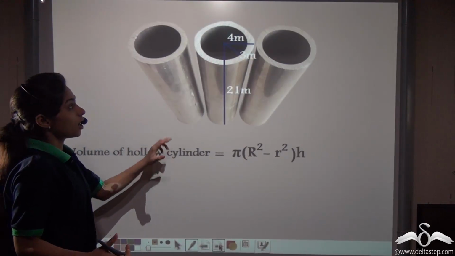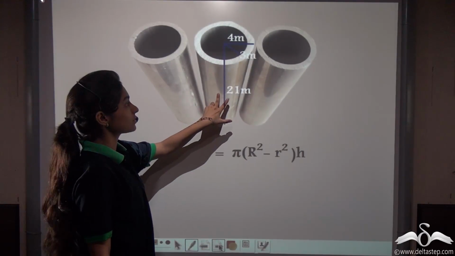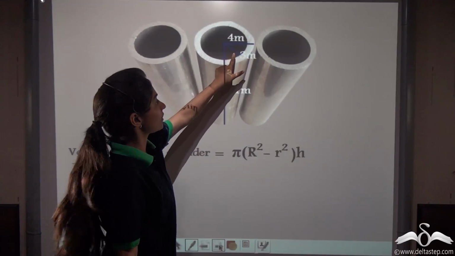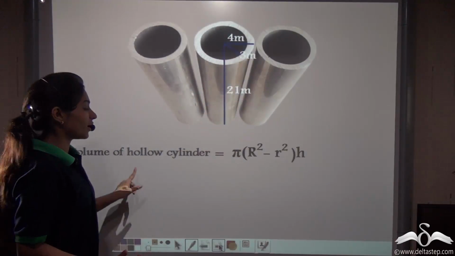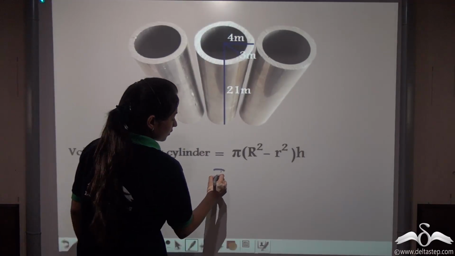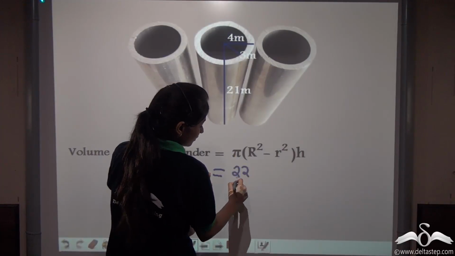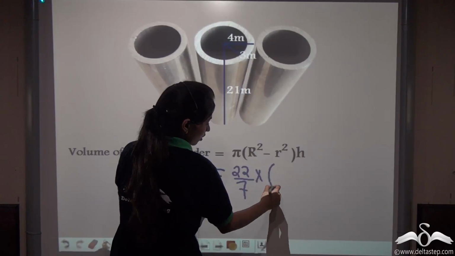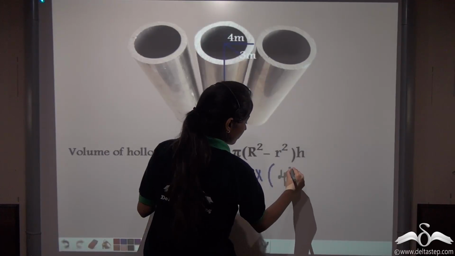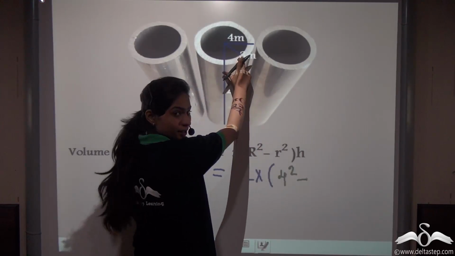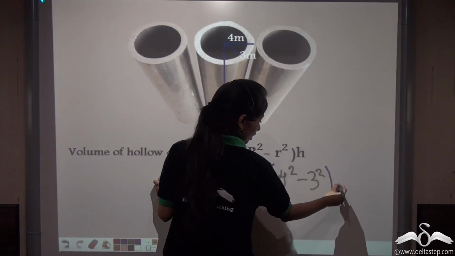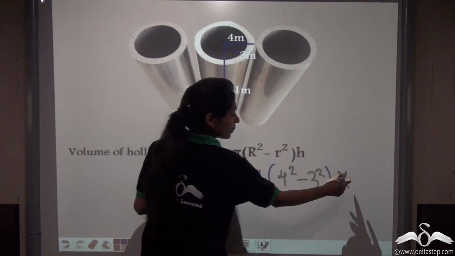Now we have been given the dimensions of these pipelines. The height is 21 meters, the external radius is 4 meters and the internal radius is 3 meters. Now find out the volume of this hollow cylinder yourself. Now let's do it. Instead of pi we write 22 by 7 into R square, means the capital R square, that is 4 meters. So we can write 4 square minus small r is what? 3 meters. So 3 square into h, that is 21 meters height,